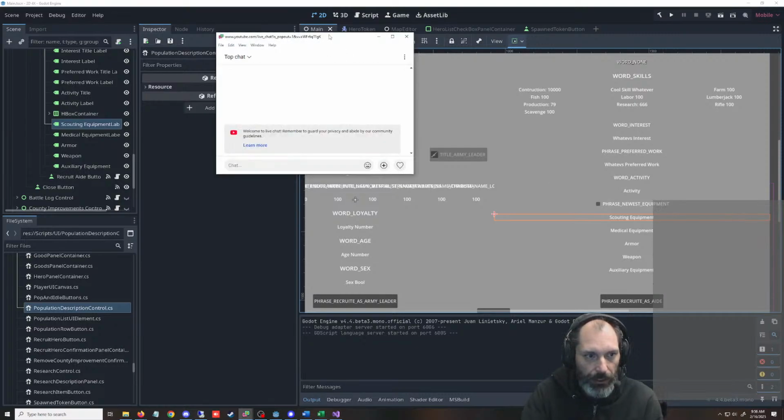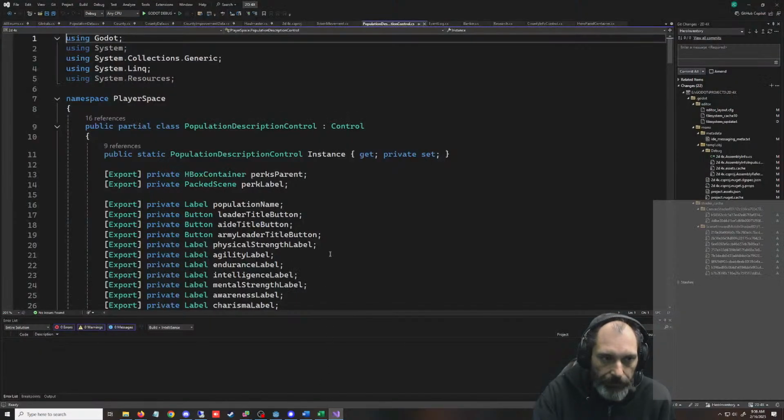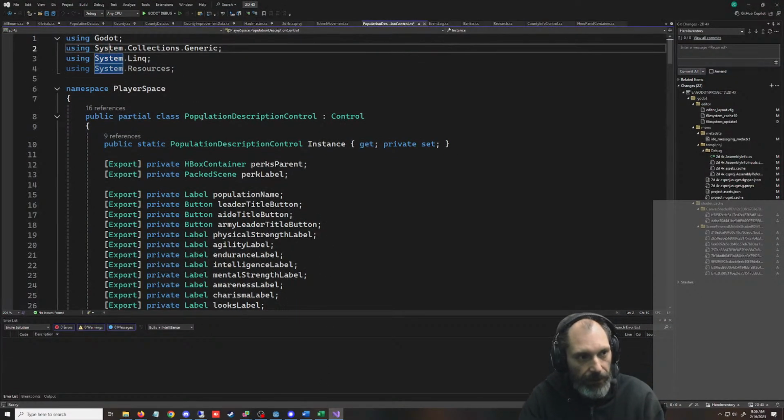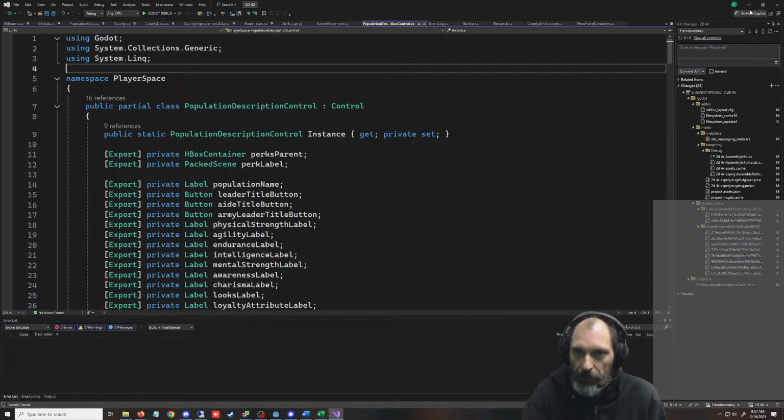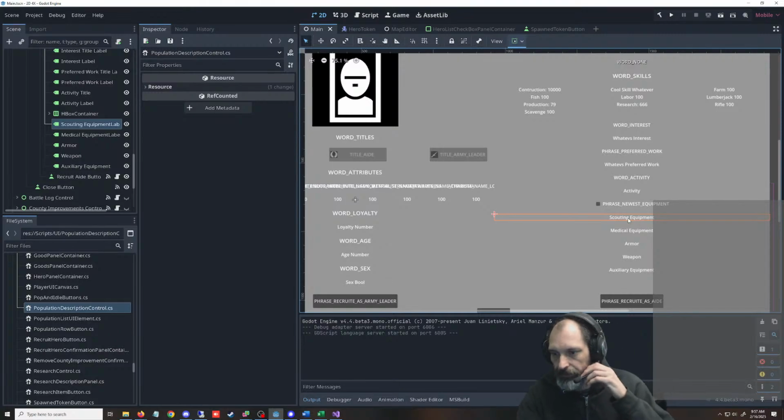Gotta turn this stupid thing on. Why can't life be easy? No, it's pretty easy. So what I'm doing, I didn't do my introduction. I'm making a 2D 4X game in Godot 4.4 beta 3. This is the .NET version, so it's C#. It's a post-apocalyptic game. It's inspired by Dominions and Paradox games. You know, the one game it's probably not inspired by is Civilization. But whatever, right? So here we go.